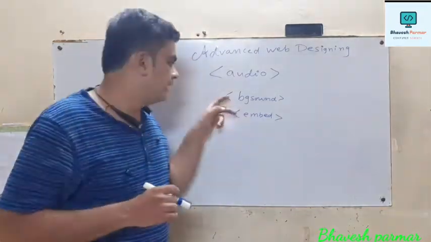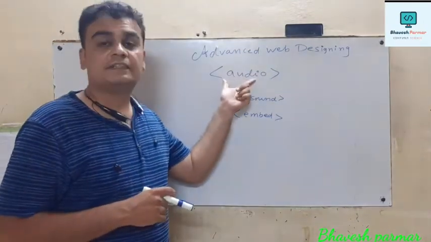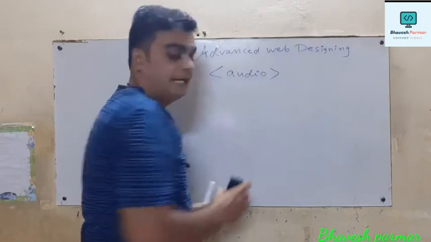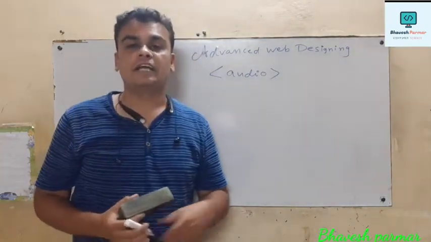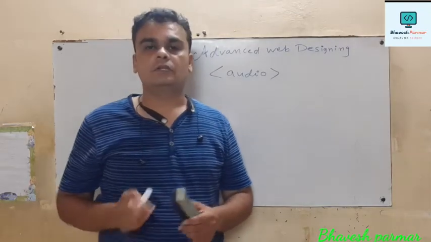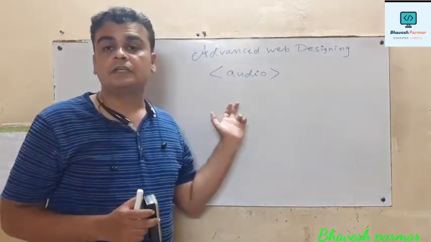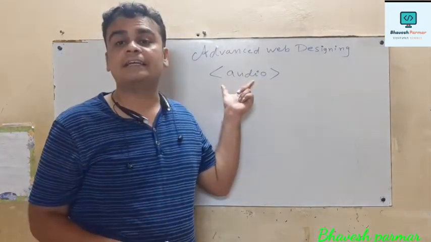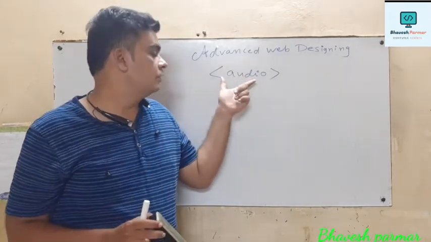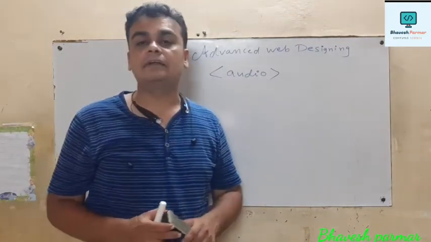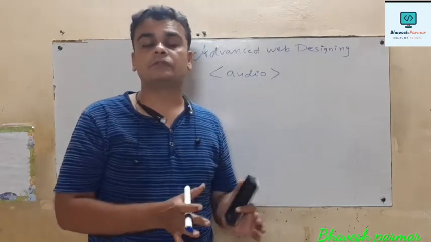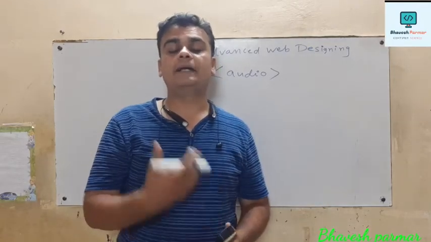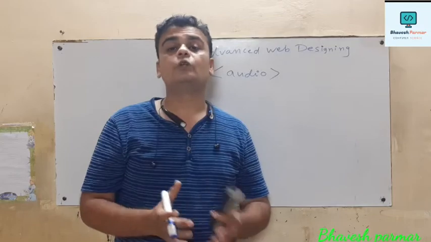So similarly, like the BG sound and embed tags, in today's session we are going to study the audio tag. Generally the audio tag is widely used to insert an audio file into a web page. Generally the BG sound tag is a singular tag, the embed tag is a pair tag. Now in the same case, the audio tag is also a paired tag. The audio tag is an advanced tag. It provides powerful attributes. Those attributes help the user in the program and provide advanced visibility to the user.